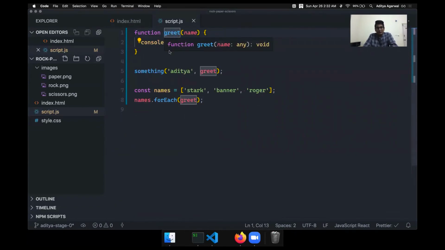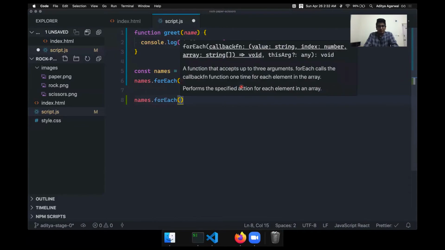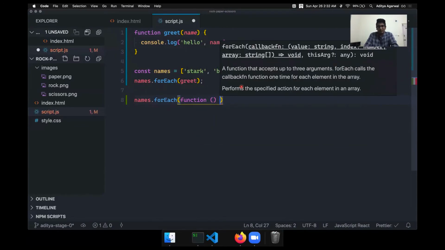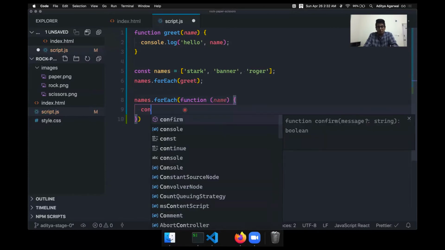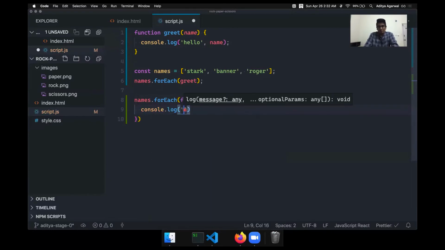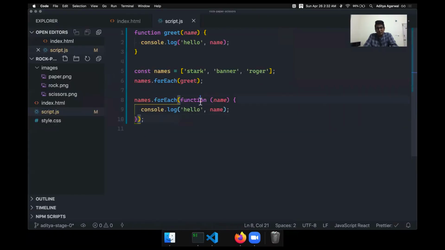And instead of defining it beforehand, we can instead do names dot forEach, and here itself I can have a function, and I don't need to give it a name, and I can just say you'll get a name, and you can do console log hello name, and again it will work. So as you can see, this was by the first one, and this is by our second one. And so this is another superpower in JavaScript. You don't have to define your function beforehand.